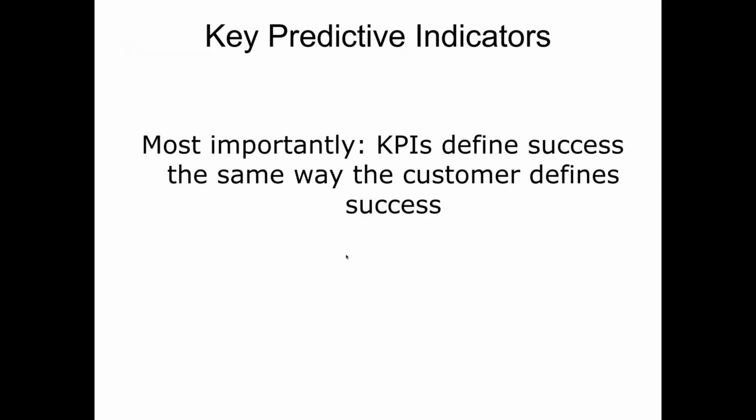And remember that a key predictive indicator, as opposed to a performance indicator, defines success the same way the customer does. So my favorite KPIs for professional firms are turnaround time, just like in the airlines; HSDs, high satisfaction days, when you or your team have a great day, because you came through for a client, or they sent you a thank you card; and the value gap, which is what we charge the customer versus what we could be doing for the customer, and the price of all that we could be doing for the customer, because we think they truly need these additional services. Maybe they need estate planning or financial planning, retirement planning, whatever it might be.